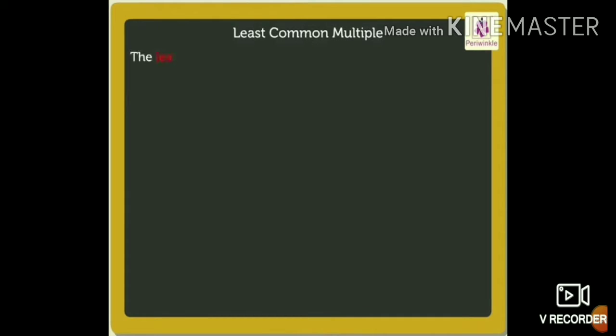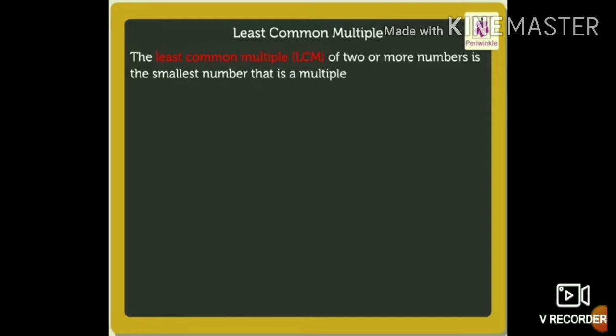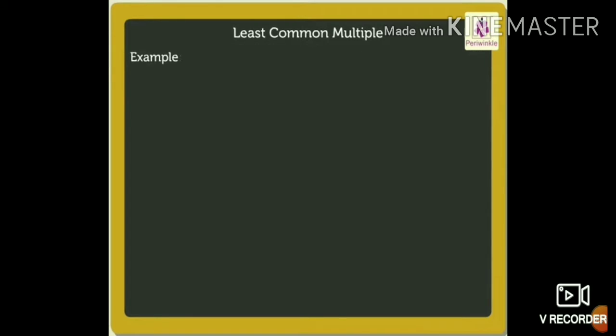The smallest common multiple of two or more given numbers, which is divisible by each of the numbers, is called the least common multiple. Which is the least and common in the numbers? Find the least common multiple of 5 and 10. This is the common method to find the LCM of 5 and 10.